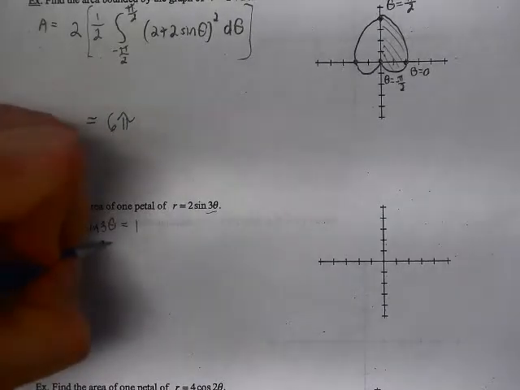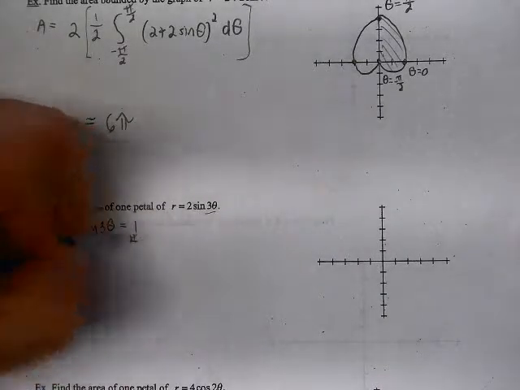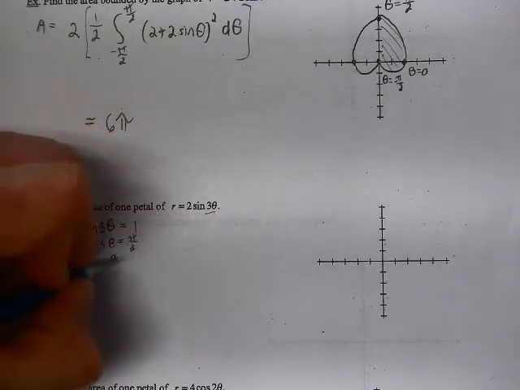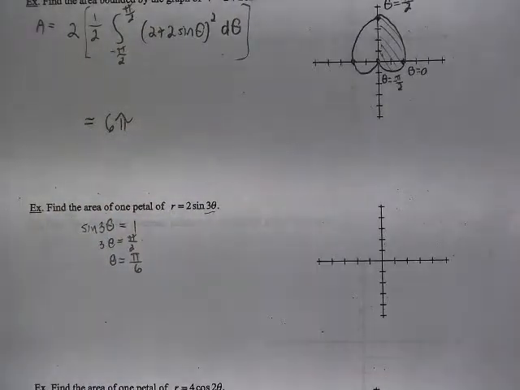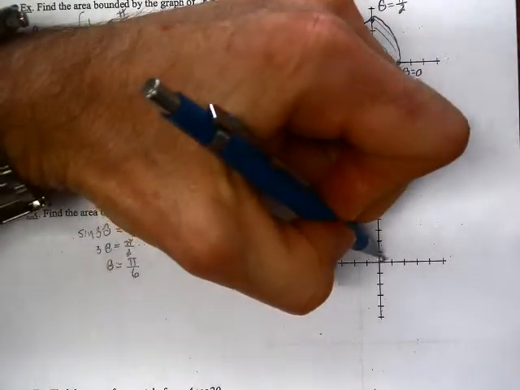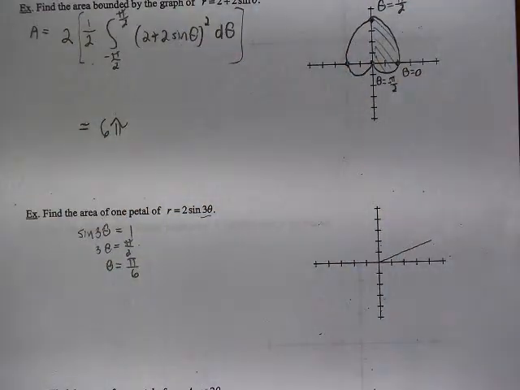That's going to happen when 3 theta equals pi over 2, so when theta equals pi over 6. So we're going to get our maximum petal length at pi over 6,